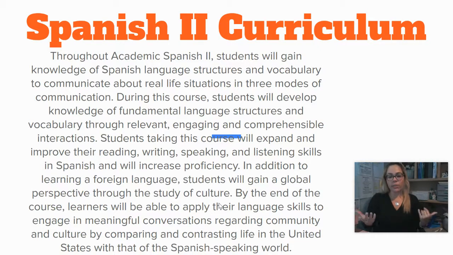In the community is our third unit. This is where we explore different vocabulary about places and people in our communities. Again, they're comparing and contrasting their experiences here in the United States in their own communities, comparing it to a Spanish-speaking country. In unit 3, they use affirmative and negative commands, again, recycling previously learned information from unit 1 and unit 2, but then adding on to it commands. Do this, don't do this, turn right, don't turn left, that sort of thing, so that they are able to